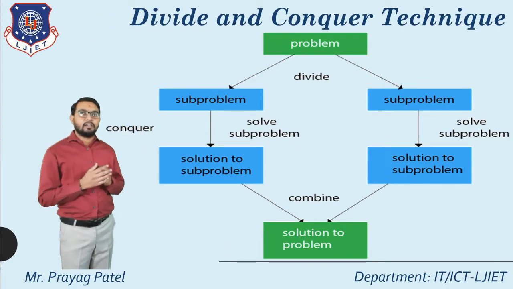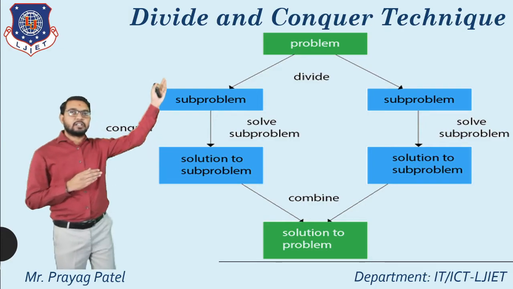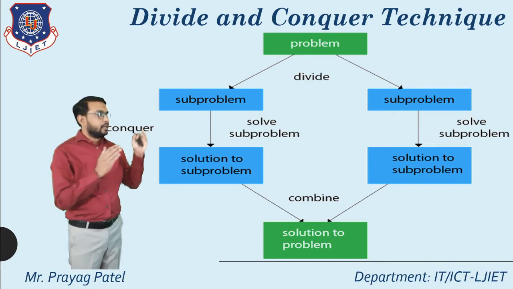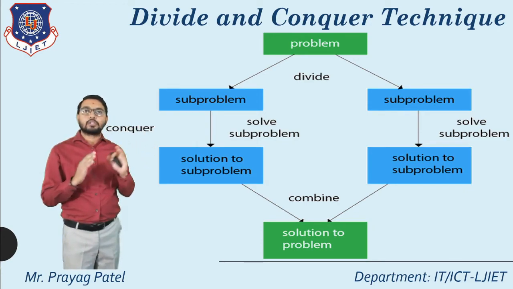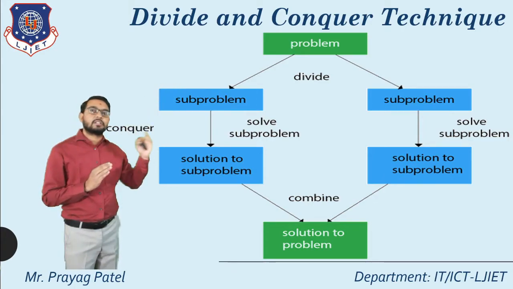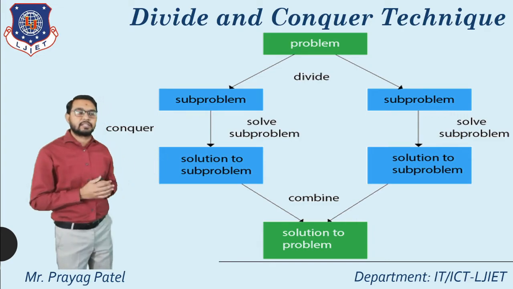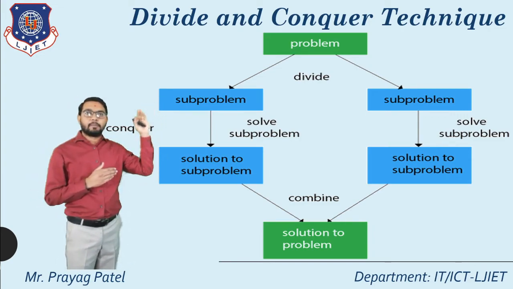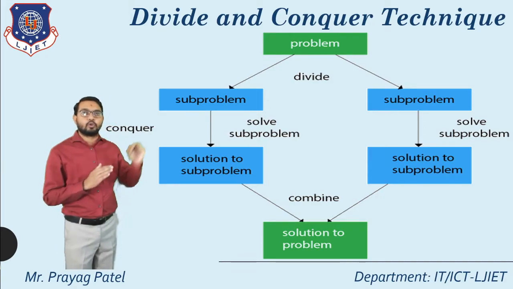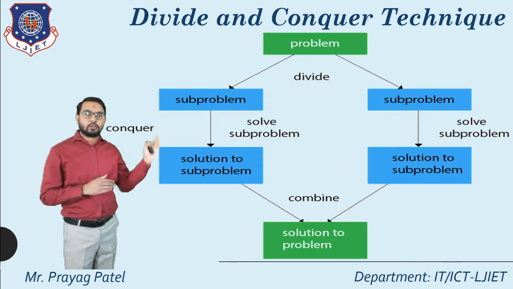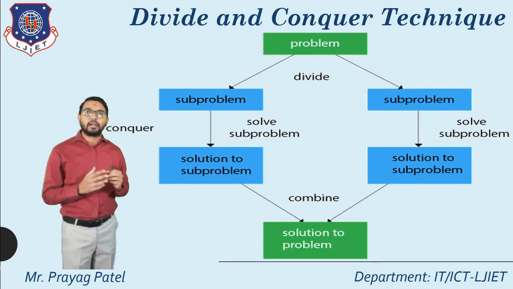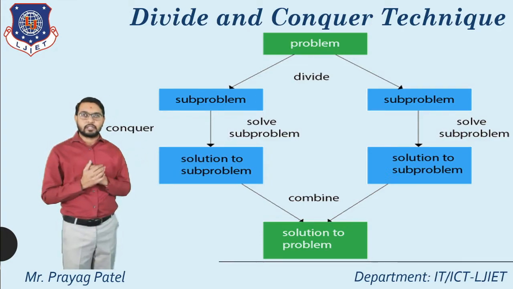Now understand this using this figure. First consider the problem. Problem means your given task is considered as a problem. Now the given problem is divided into subproblems, which is called the divide step. So in the divide step you get subproblem 1 and subproblem 2, two subproblems like this. After the divide step, the next step is conquer. Conquer means you can solve the subproblems parallelly. So consider subproblem 1 and solve subproblem 1. Second, consider subproblem 2 and solve subproblem 2 concurrently. This step is the conquer step.